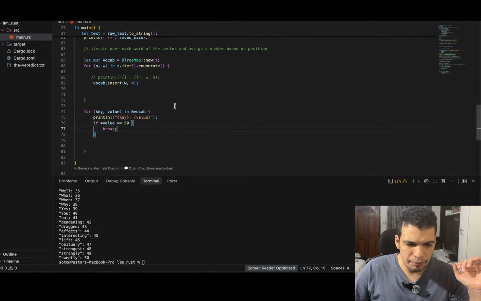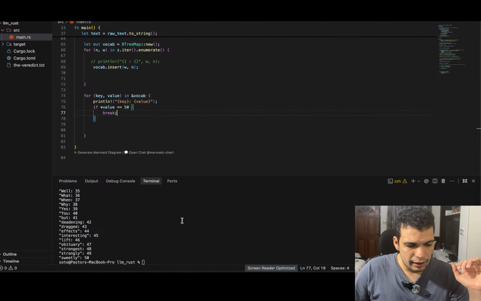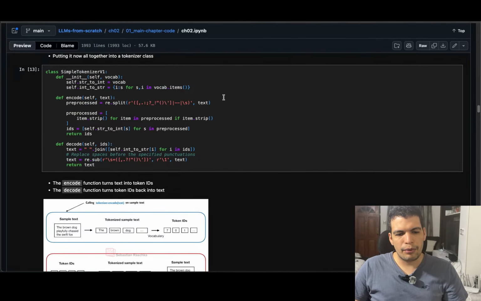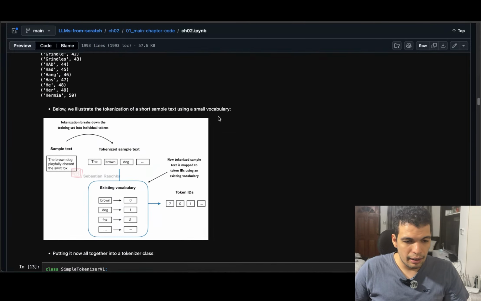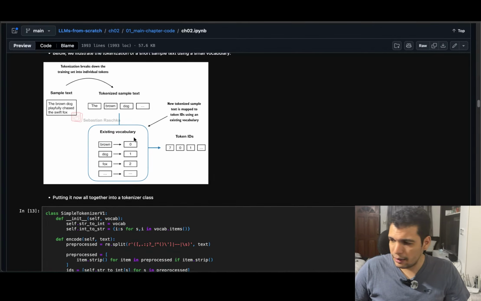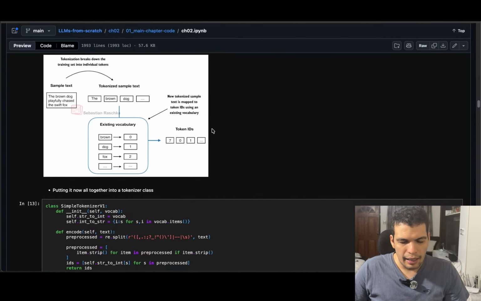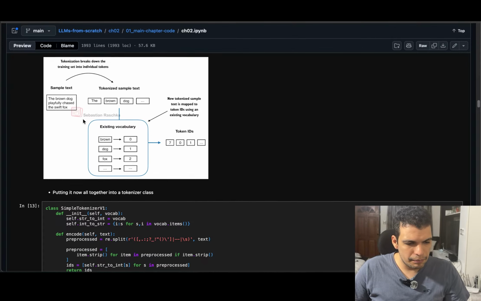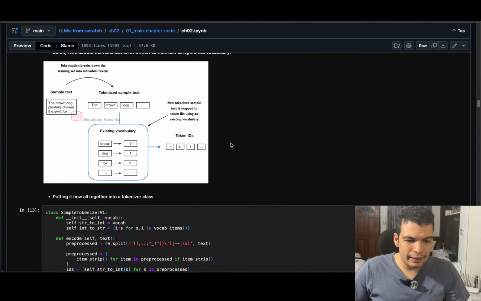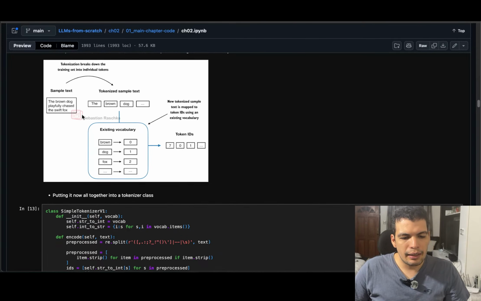And after that we have an ID and a word. We are following Sebastian Raschka's Build an LLM from Scratch book. And this is a public repository, so you can go over this anytime you want. As you can see, we have the words and the IDs, which will be helpful to